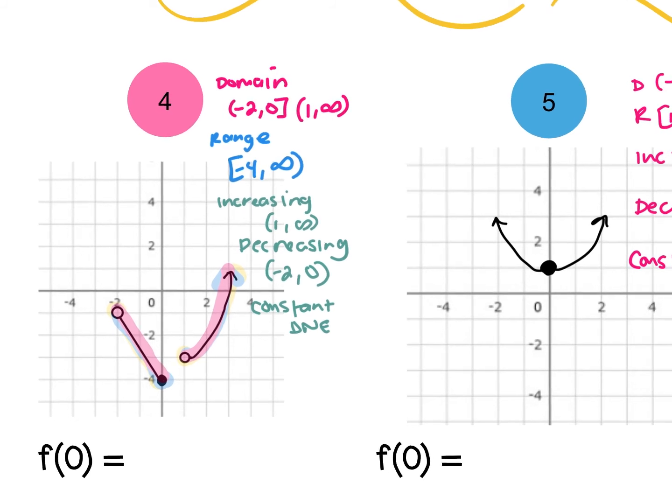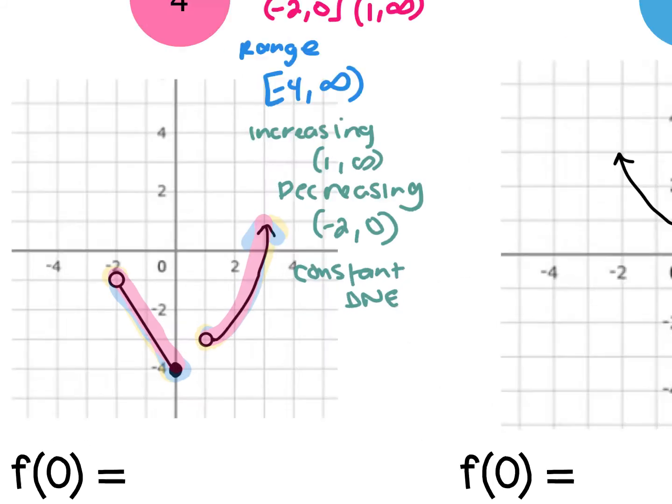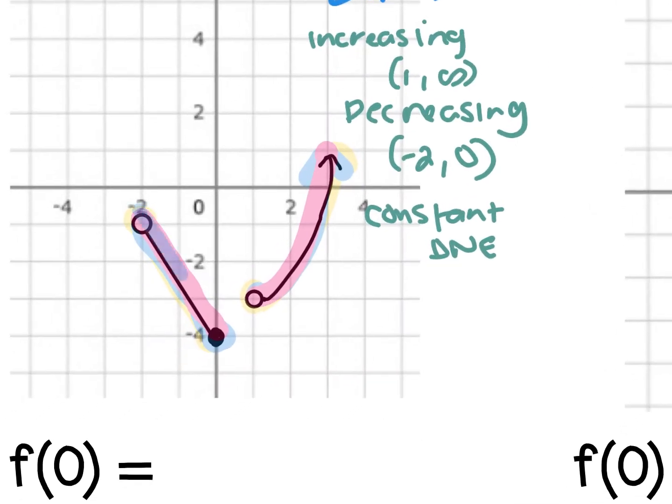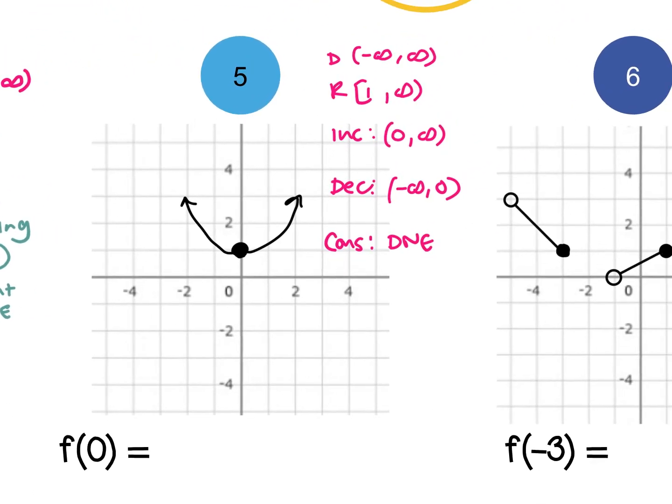How is -2 to 0 decreasing? So this is falling as I move from left to right, right? Okay, for 5, I've got arrows going both left and right, so my domain is all real